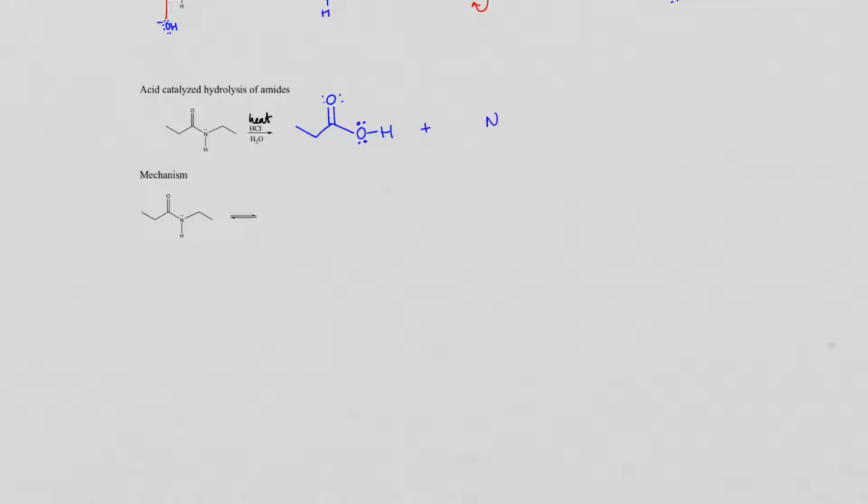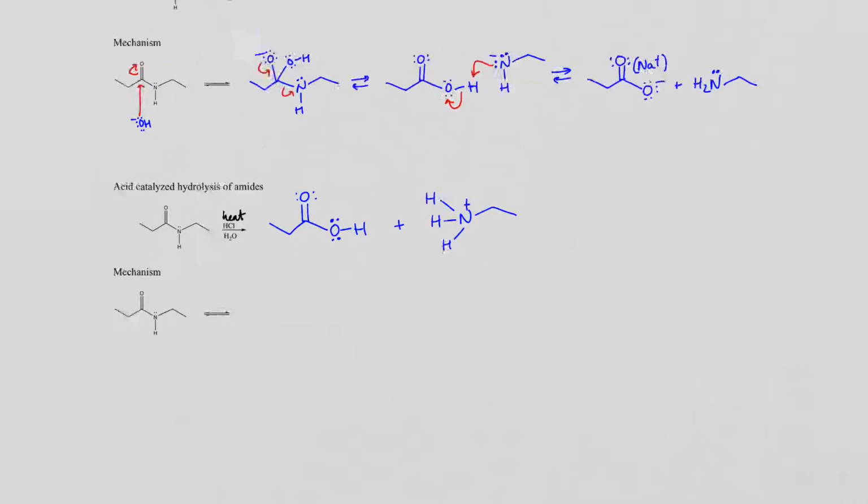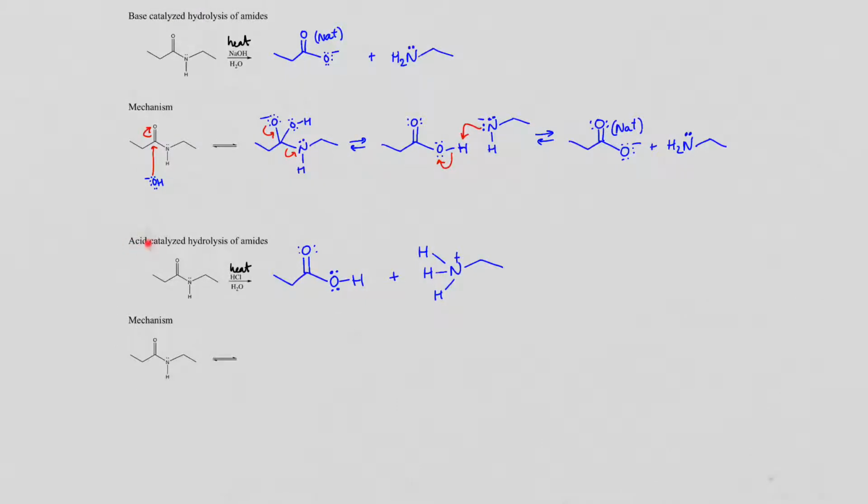But this time, instead of an amine, we're actually going to have an ammonium cation. So again, in the acid-catalyzed hydrolysis, we have positive charge on the products. Base-catalyzed, we have a negative charge on the products. That's pretty straightforward. So I hope it makes sense, but let's rationalize that positive charge and the ammonium cation through